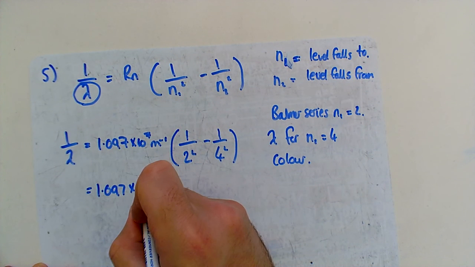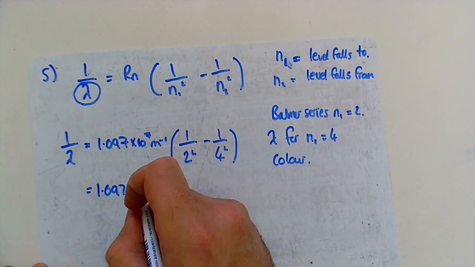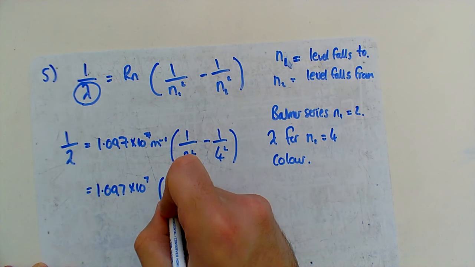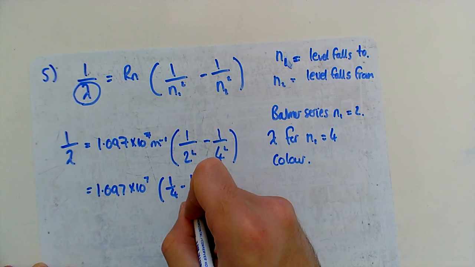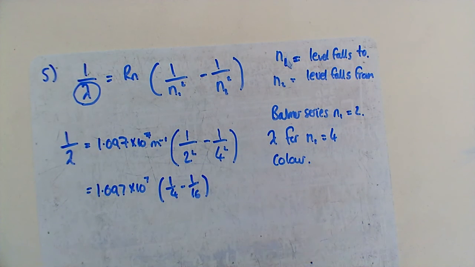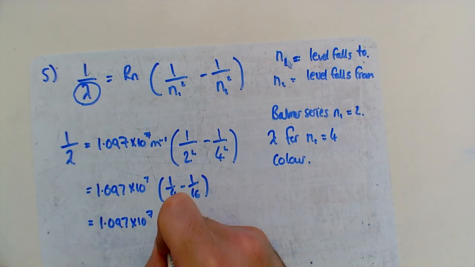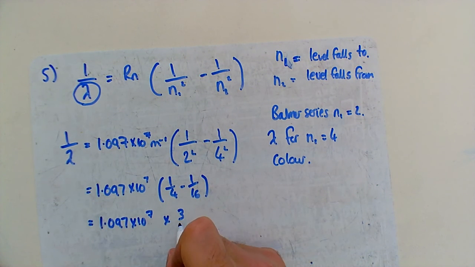A quarter minus a 16th is 3/16. So 1.097 times 10 to the 7 multiplied by 3/16, which equals